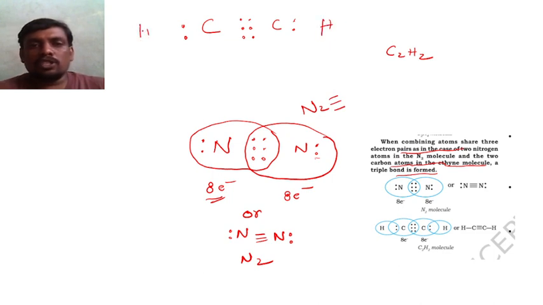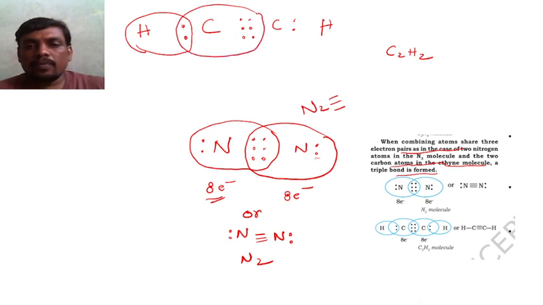Here also I have mentioned hydrogen. You got my point? Now hydrogen along with these 2 electrons, and carbon along with this, and the next carbon along with this,